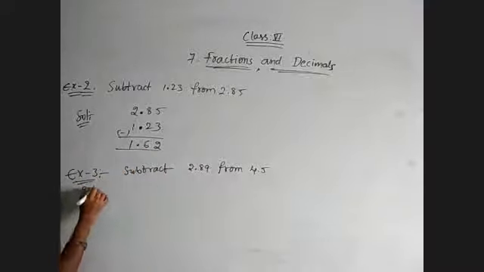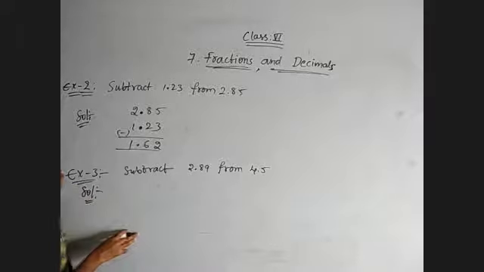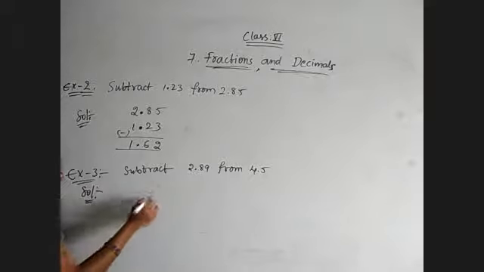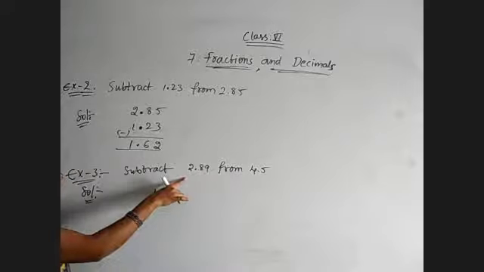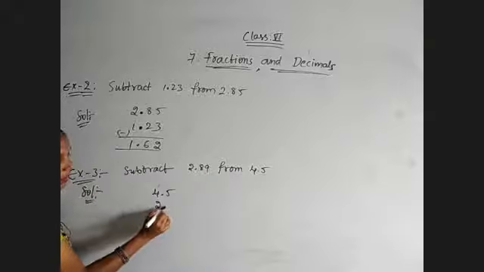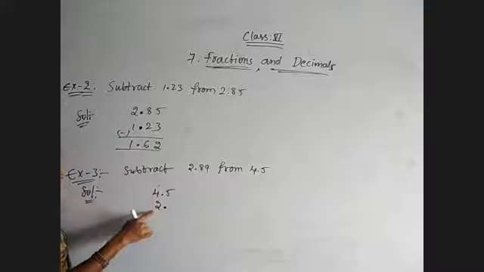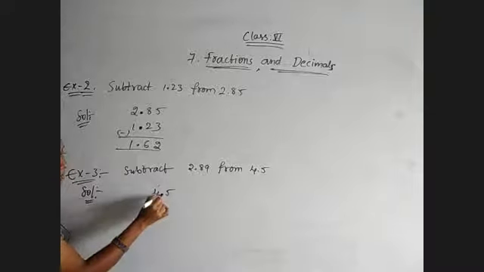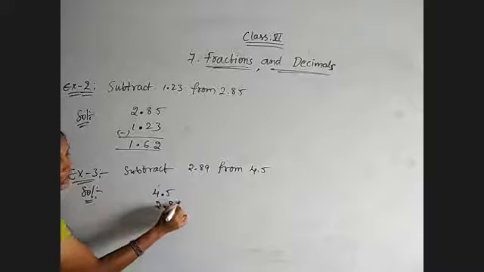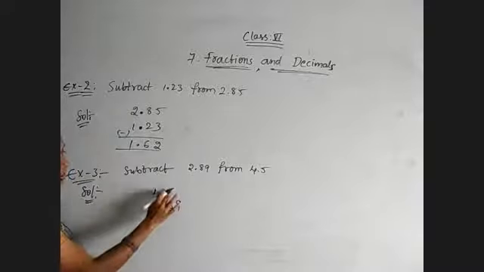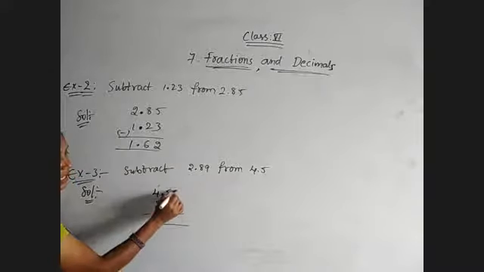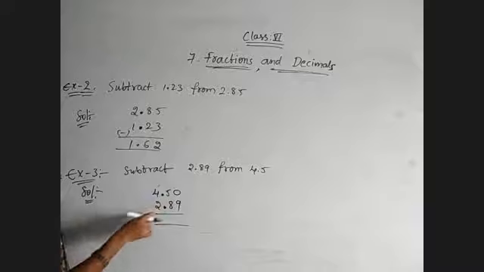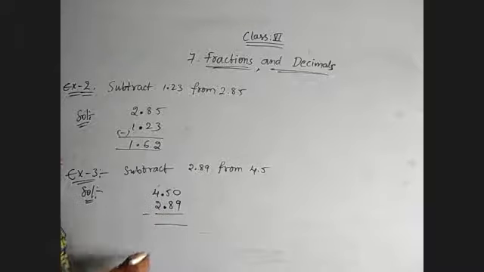Similarly here also, we subtract 2.89 from 4.5. So the second number is 4.5. Take that first, and then 2.89. In the whole number part only one digit is there, so that one will come below the 4, and below the point the figures 8, 9. There are 2 decimal digits here, but in the other number only one decimal digit is there. While we are performing subtraction, we must compulsorily convert them into like decimals by inserting zeros. Okay, now perform the subtraction operation.